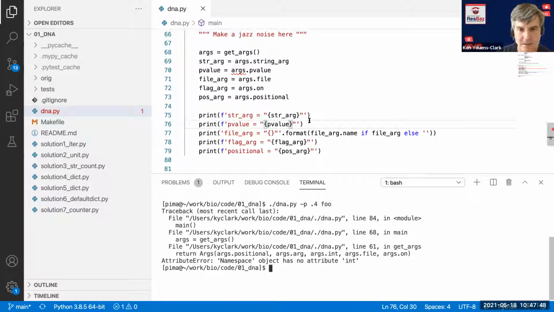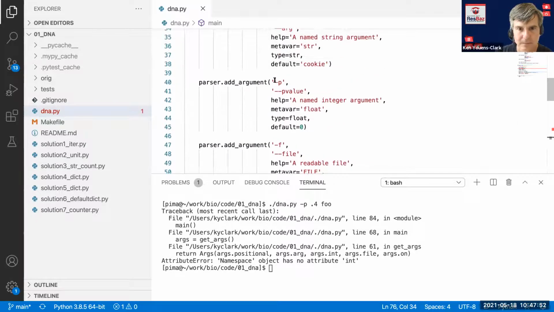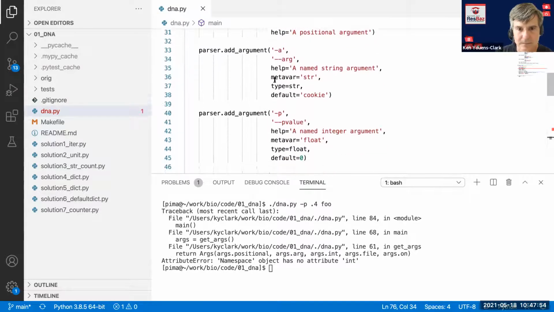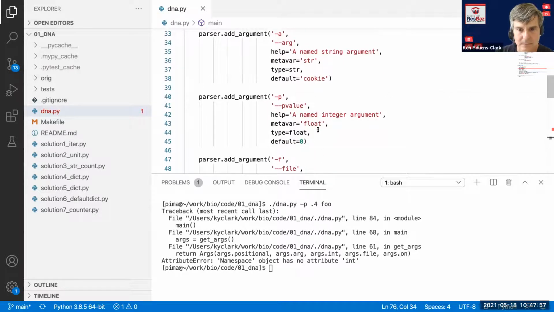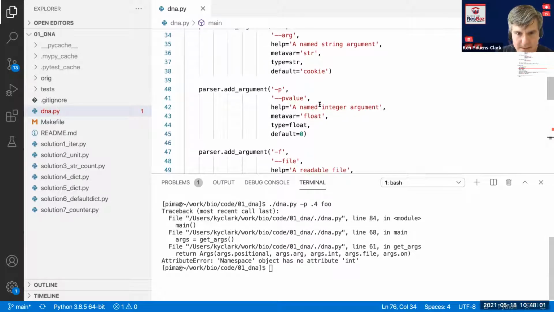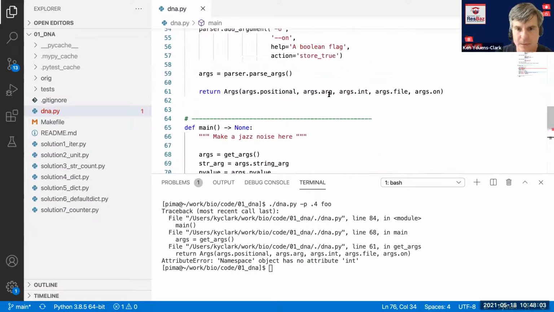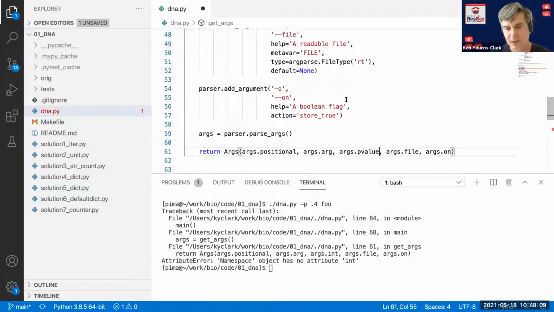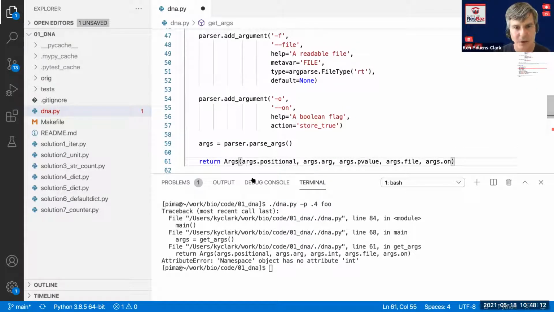Uh-oh, has no int. What did I do wrong? Oh, well, let's see, it's saying line 61. So let me find that. Oh, right. P-value. Okay.